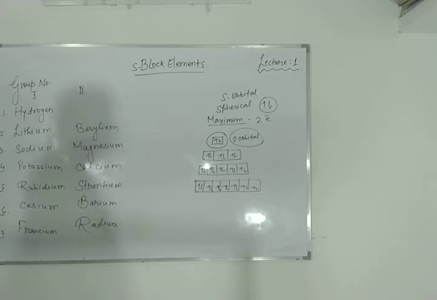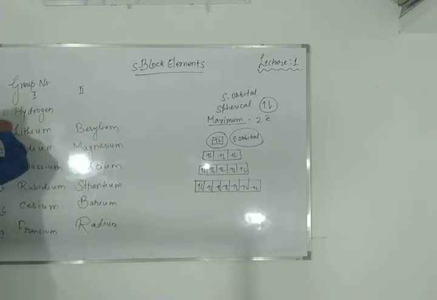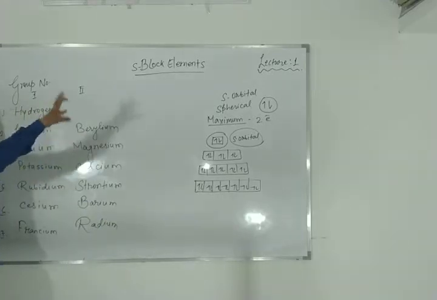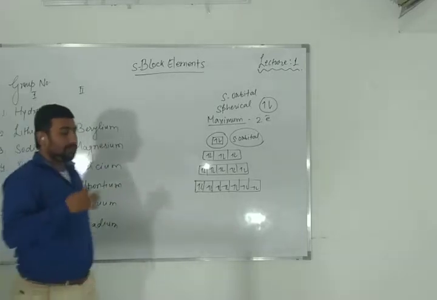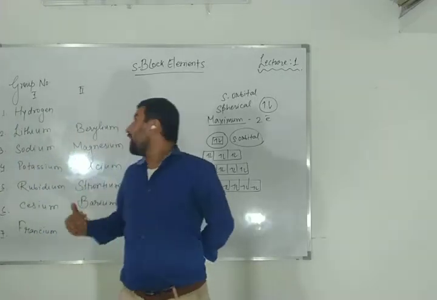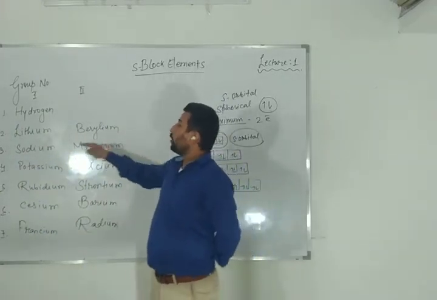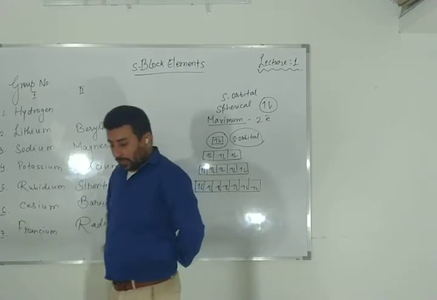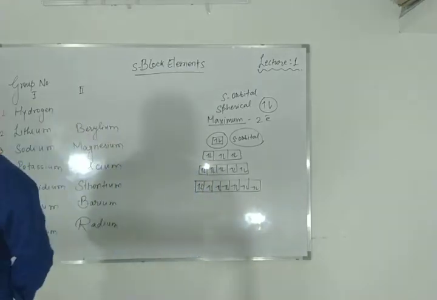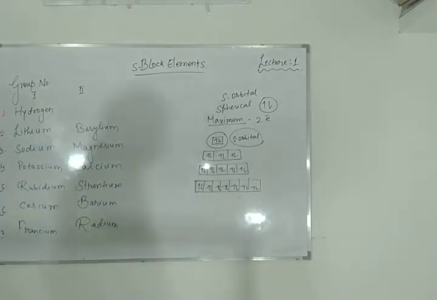the relationship between group number 1 and 2. Lithium and beryllium. You can see here lithium and beryllium, because group number 1 hydrogen, already one chapter in 11th standard which we have studied in chapter number 9. This is our chapter number 10. So the first two elements of this S block we can consider as lithium and beryllium, which exhibit same